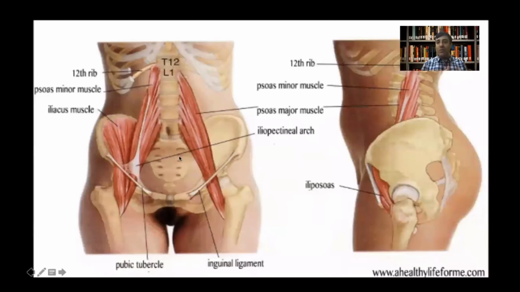The psoas muscle actually has two parts, the superficial part and the deep part. In this diagram, on the right side, you can see the psoas muscle attachments. The deeper part of the psoas muscle attaches to the transverse processes of the L1 to L5 vertebrae, and the superficial part attaches to the lateral surface of the vertebral body from T12 to L4. And between the superficial and the deep belly lies the lumbar plexus. This is extremely important to understand because the psoas muscle forms the lateral boundary of the OLIF.